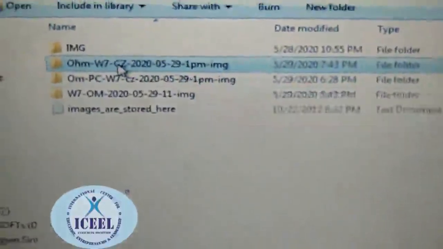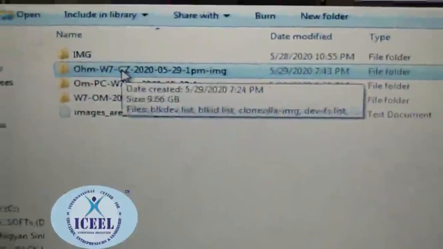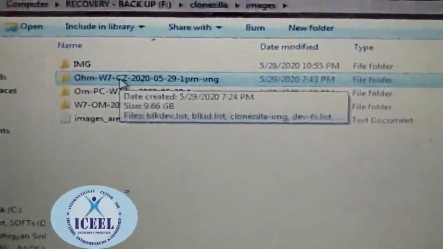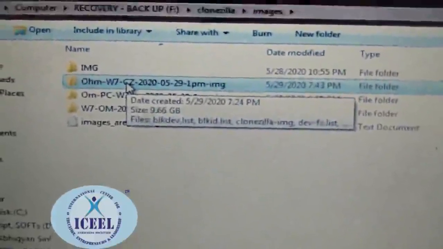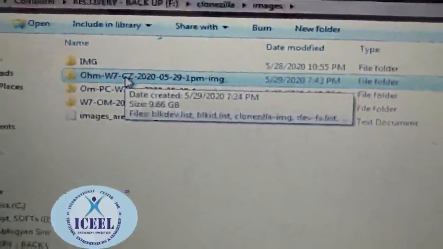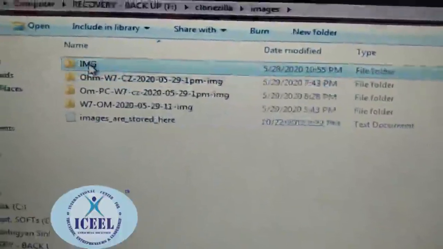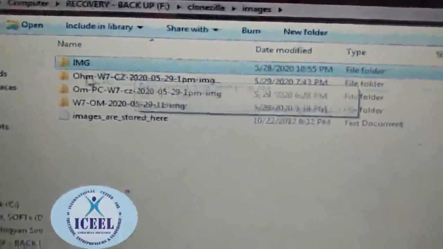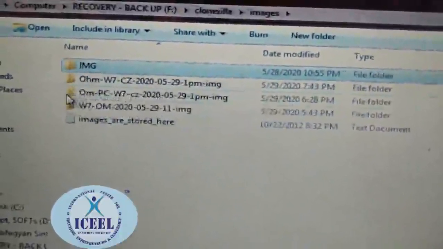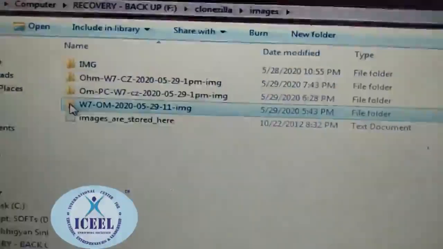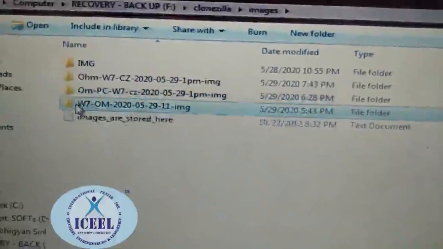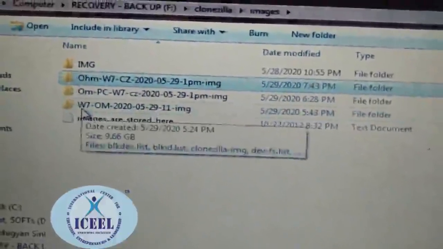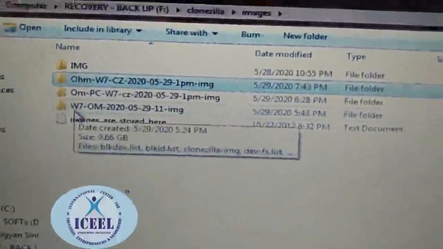Now I chose, if you recall, in the Clonezilla backup or restore menu, the second number option, right? If I would have used the fourth number option, in that case this first folder is generated automatically. In this case I now have two previous ones, you can see over here, these two are my old backups, and this is the latest backup which I have shown in this tutorial.